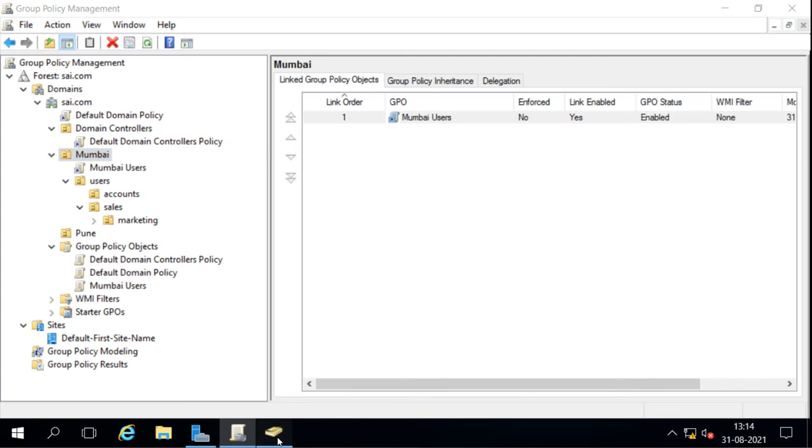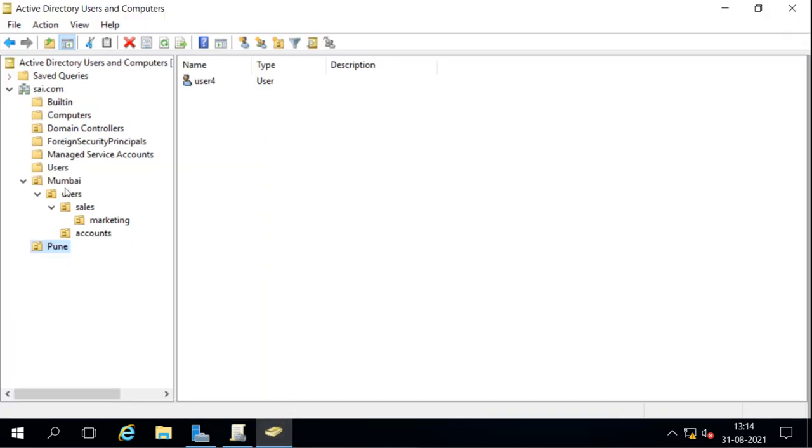For that, we go to Active Directory Users and Computers. Under the Mumbai OU, we have one OU here, and under that we have no users, only OUs. Under sales we have user 1, under marketing we have user 2, and under accounts we have user 3. So the policy is going to be applied to user 1, 2 and 3.